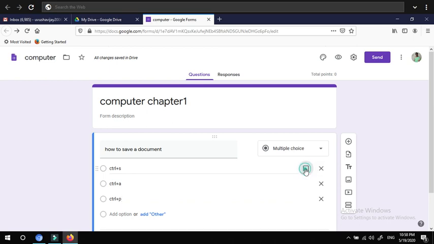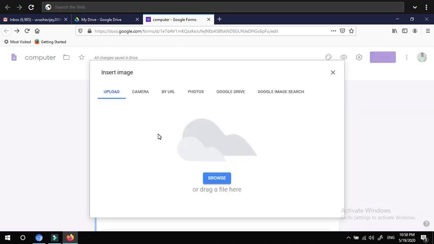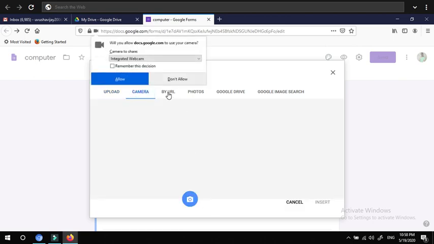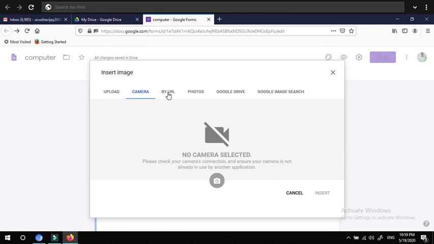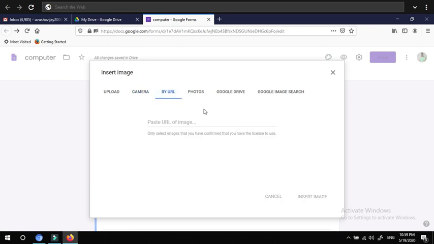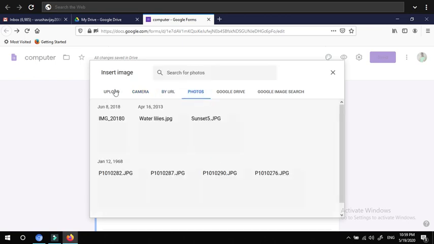The image option is nothing but, your answer need not be only in text, you can also insert an image as an option. So when I click that image option you will get this window. Here we have upload, camera, URL, photos. These are the locations from where you can get images. You can choose any option, and when it is upload you can browse. If it is camera you can take a photo and upload it, and if it is URL you can specify the particular location to select. Then photos, it displays from your folders.